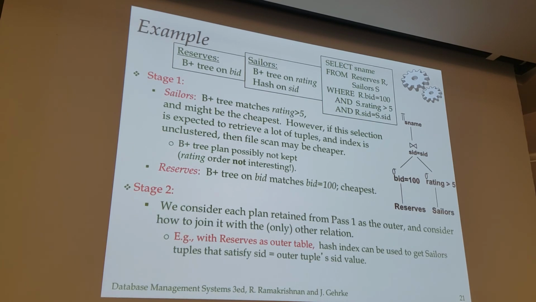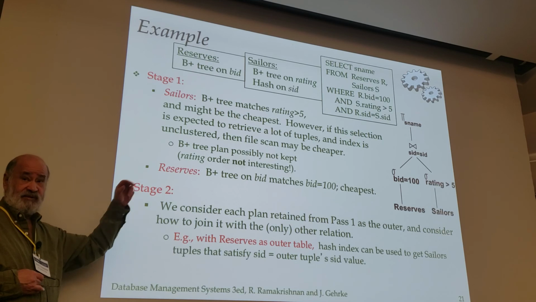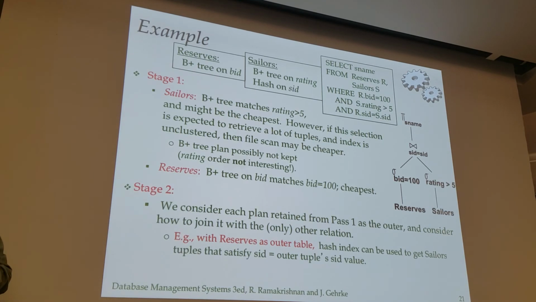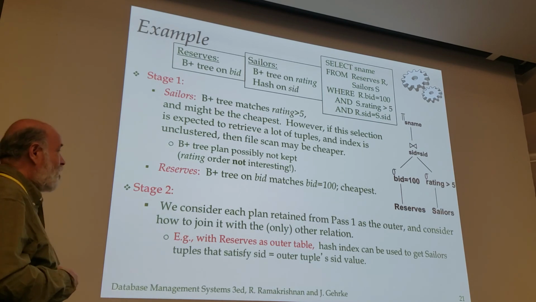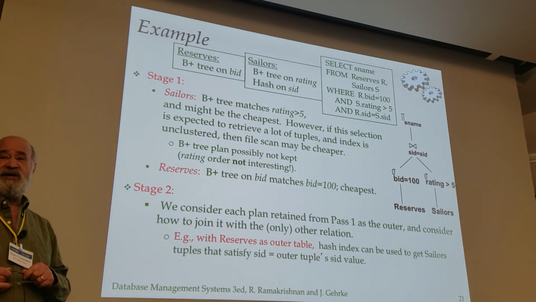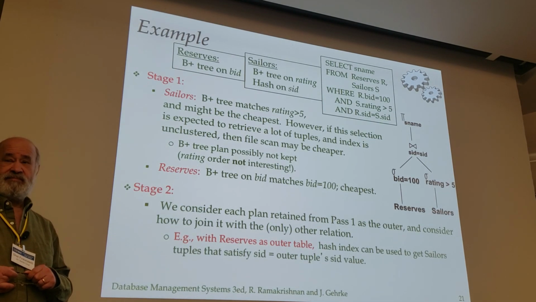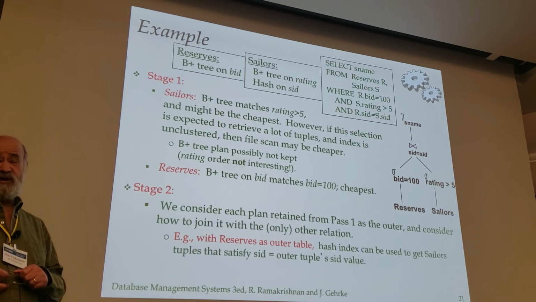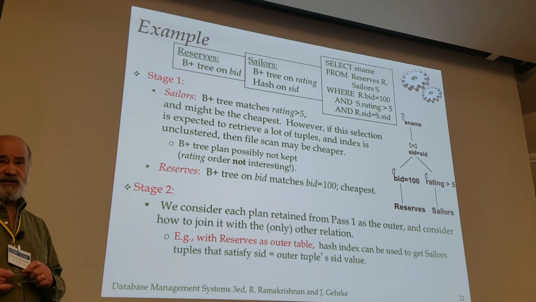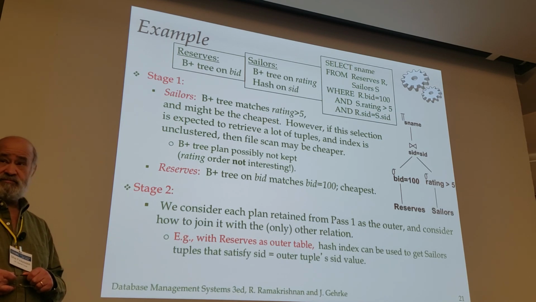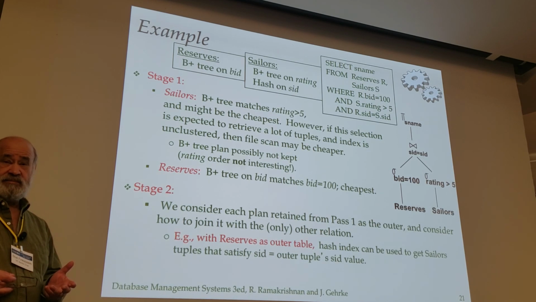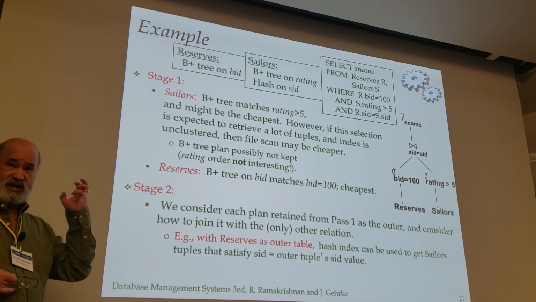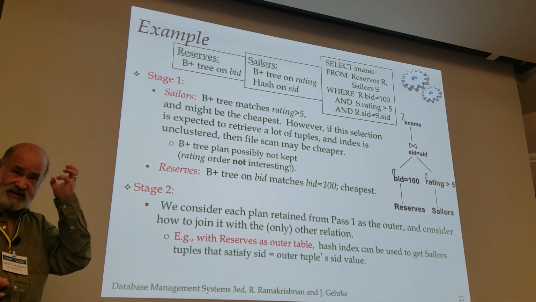But here, if I have reserves as the outer table, that's stage 1. That's the first table I access in my left deep tree. If I have reserves as the outer, now what I can do is I have a predicate on SID. Now, my index on SID, my hash index on sailors, didn't help me when sailors was the outer. Didn't help me. But if I have a reserves table, I have, again, my hands around the neck of a reserves